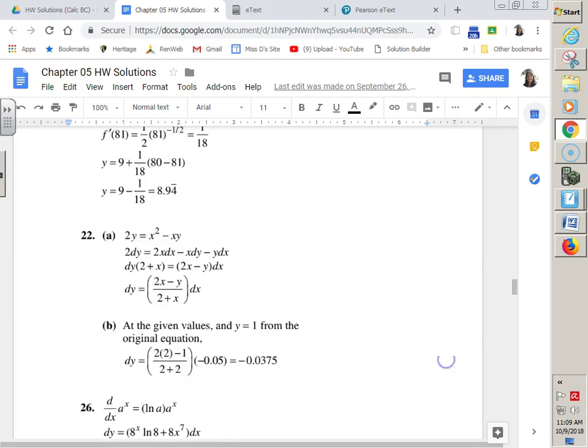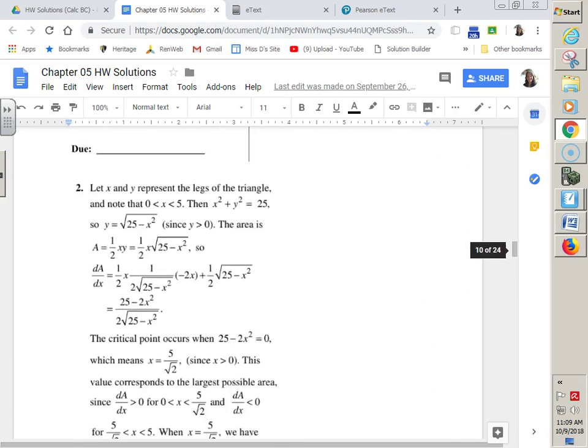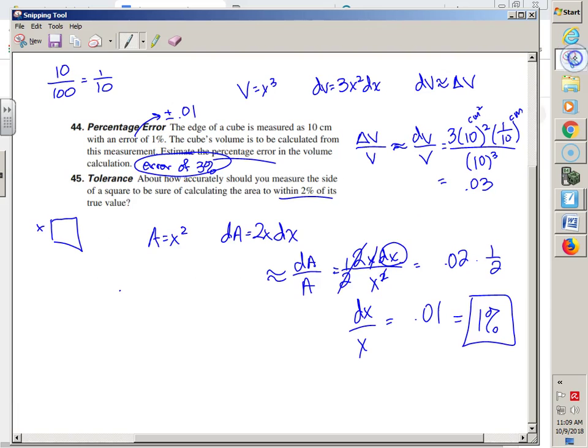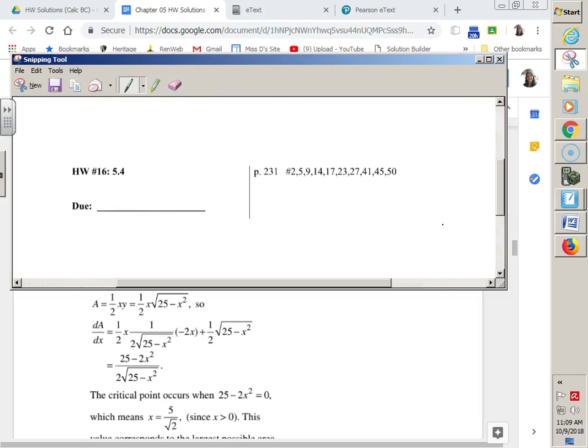Let me go back to that homework so we can circle. There he is. He looks so nice and short and easy, huh? All right, where do we get stuck? 45. Number 2. What else? 45 whole thing. 26. Oh wait, Hannah, 26 isn't up there. 27. Oh, I don't know how to do that one. I mean, I can peek at it for you, but they wouldn't have it. 5. 23. I can do